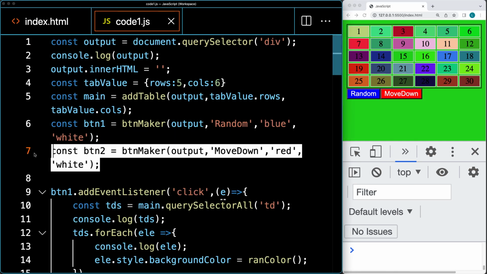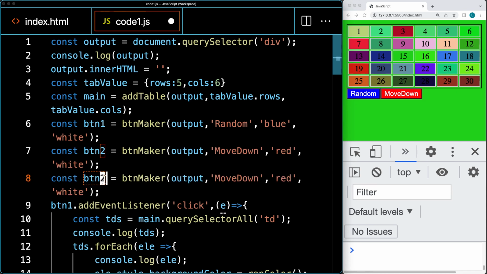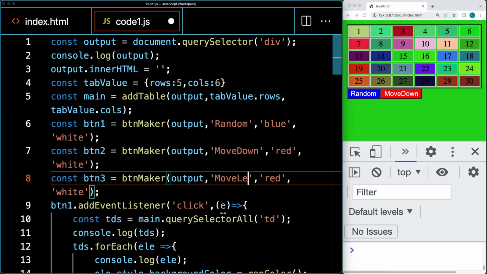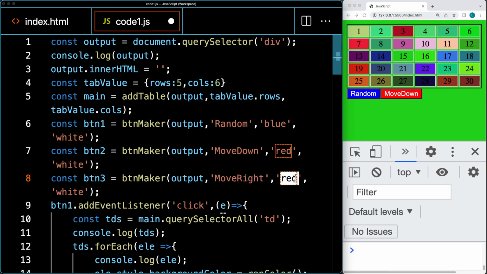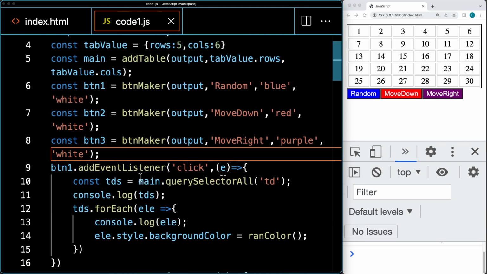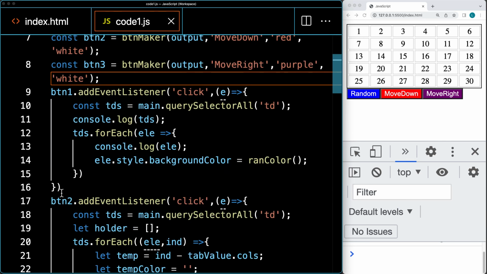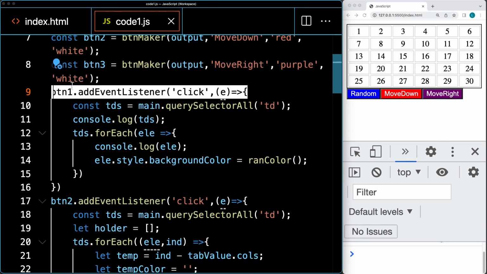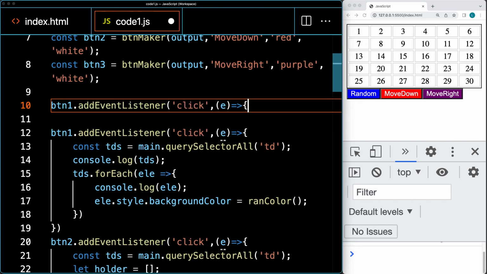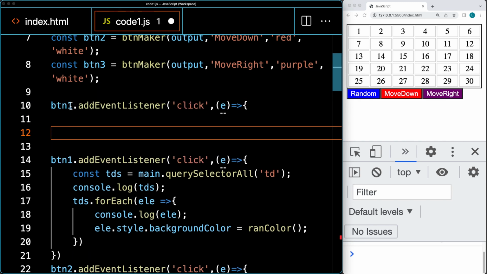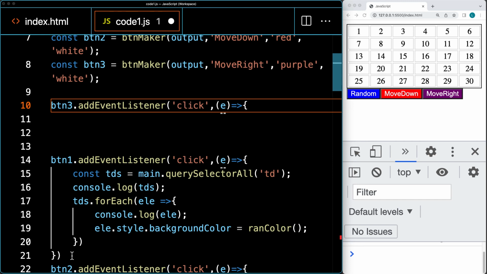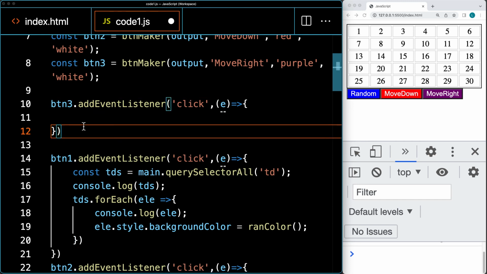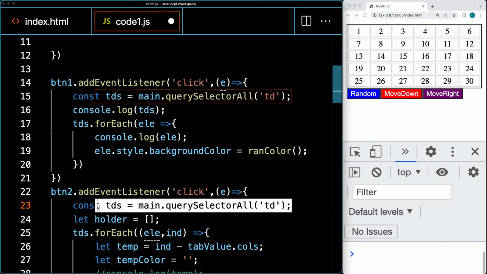Let's create one more button, and this button will shift everything over to the right. So move, or we can move left and set a color for the button. So let's do it as purple. So when that button gets clicked, so adding the event listener for button 3, and when that button gets clicked, what we want to do is we want to select all of the elements